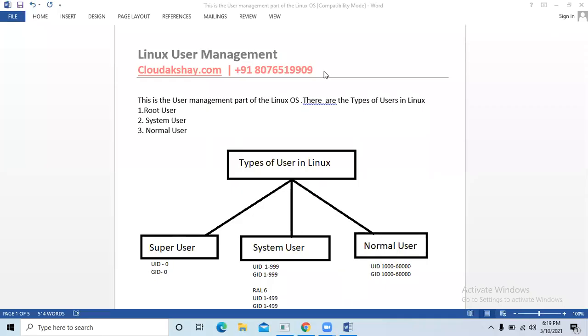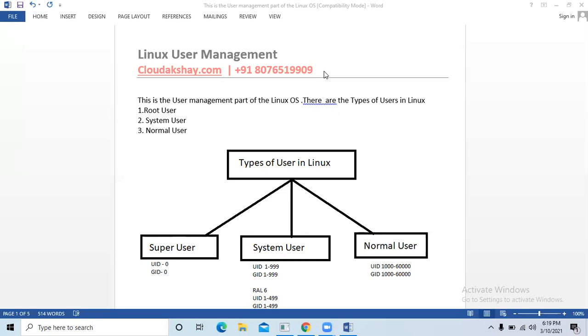So, Varun, today we are going to learn the Linux user management part. Yesterday we learned some basic commands and some file hierarchy about Linux. So yes, this is the user management part, and in this session we will see what UID and GID are, and how to create users in Linux, and some basic and advanced functions of Linux user management.